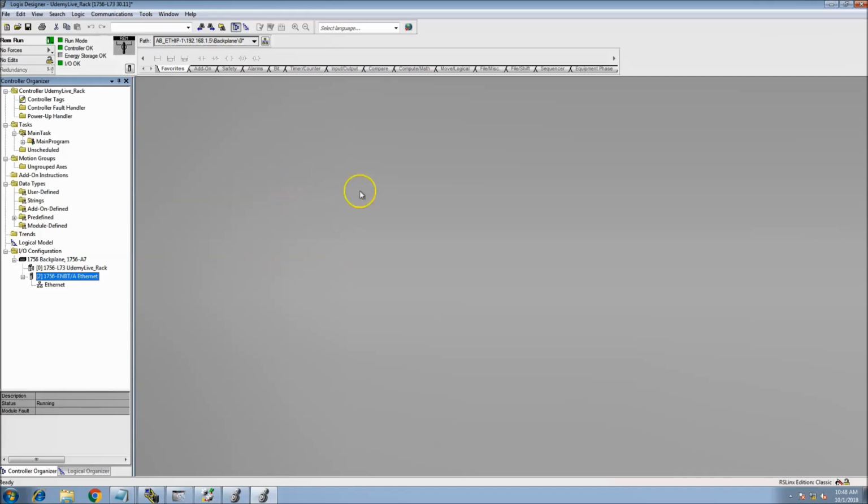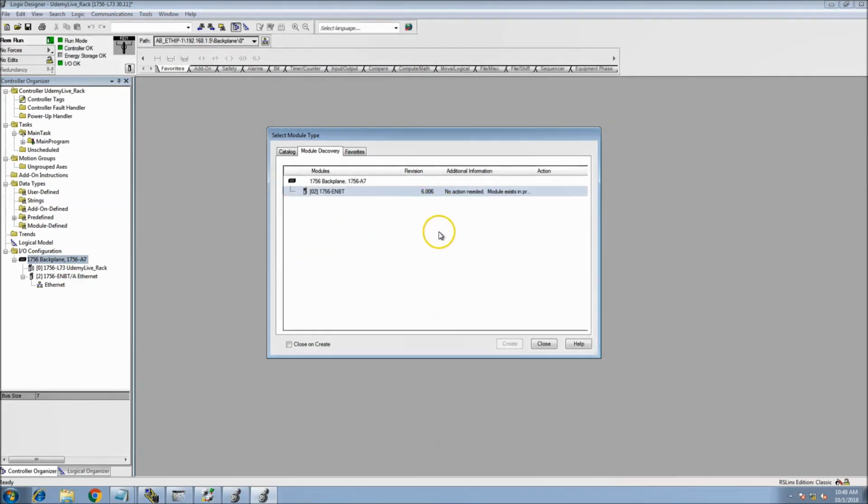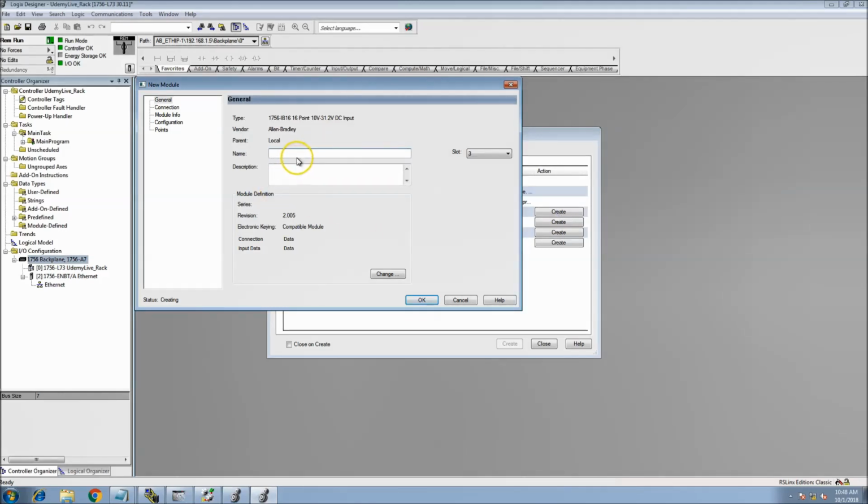Okay, so what I ended up having to do was stop the process of adding the module, and basically just start it back. I shut down Studio. Sometimes you have that bug happen, but it's not very often. So we'll go back to discover our modules, and as it discovers some modules, we'll pick up our next module, hit create. This is a DC input module, so we'll say DC input